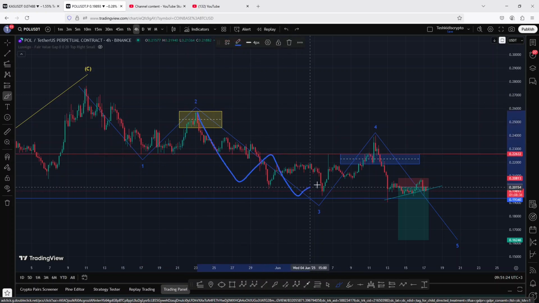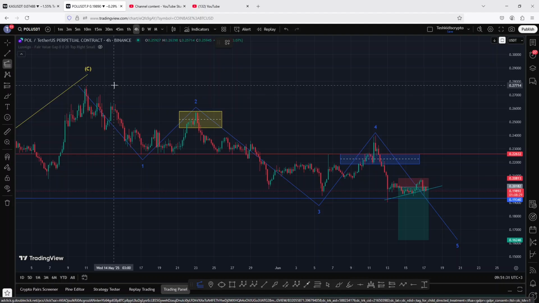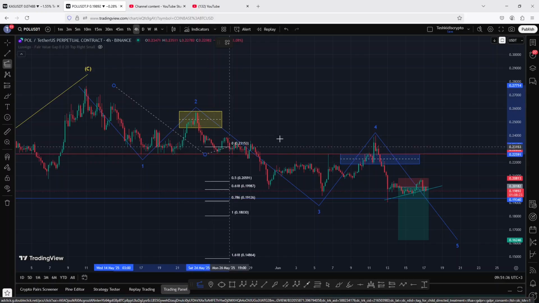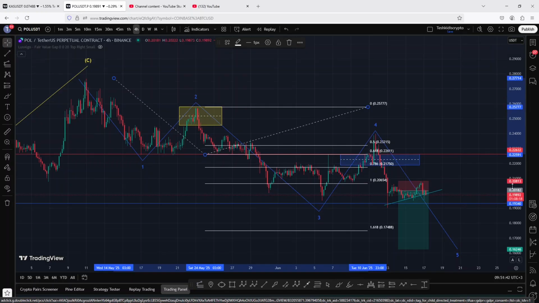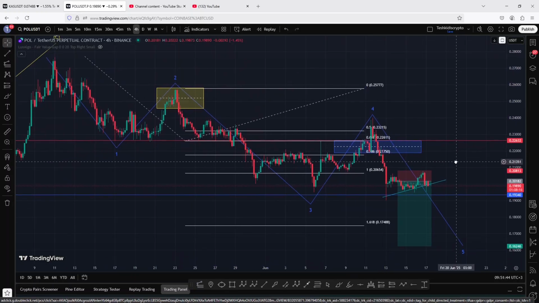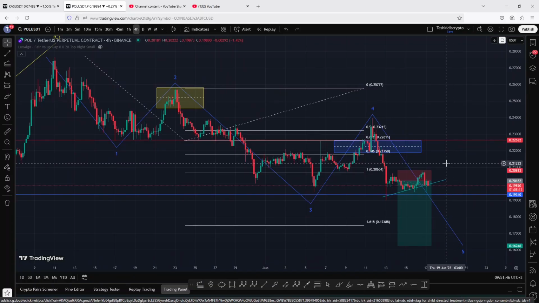an area within which we got rejected, starting a pullback to the downside in the formation of these wave 3, whose minimum target areas I came up with by connecting the Fib extension from the high of that first wave to the low of the wave 1, then connecting the Fibonacci's to the high of the second wave, and on so doing the area that I was paying attention to was the Fib ratio 1:1, and that lies above the 0.20654, an area that we fully hit in a breakdown move that gave us a low below the 0.195,